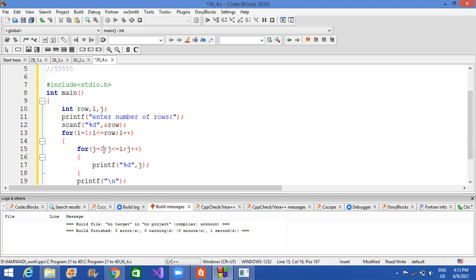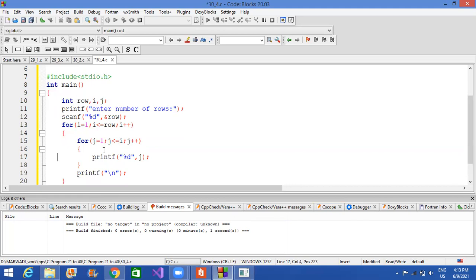Initializing j with 1, it will go till the I, and what I will print here is, in place of j, I'll print I. If I keep j here, then it will print 1, 2, 3, 4, 5,